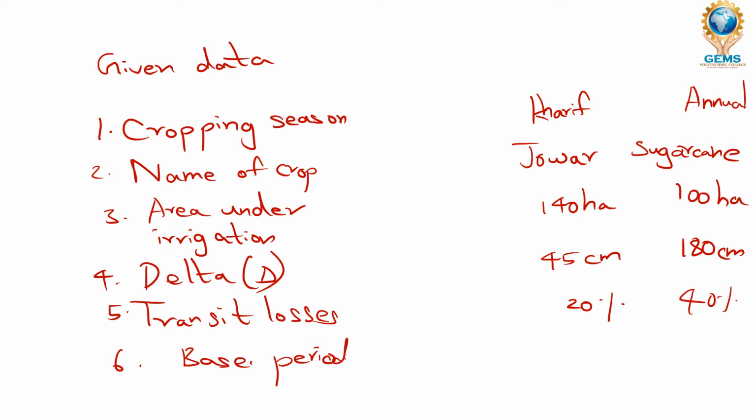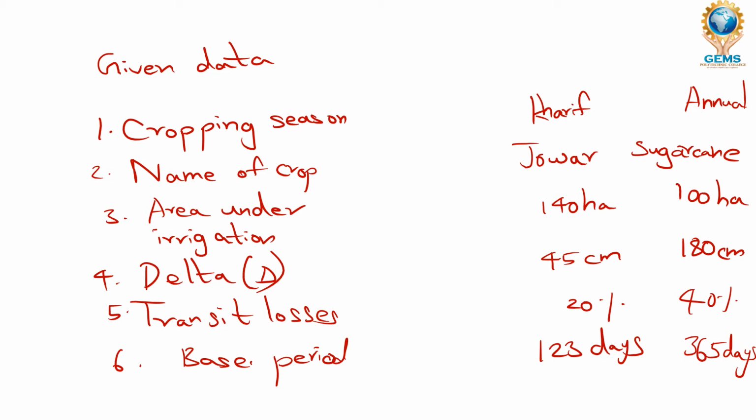Then the base period you have to assume. For kharif it's 123 days. Annual means it is total, like 1 year, which is actually 365 days. If you see the kharif season, 123 days will be the exact value, so we are assuming the same value. If you have any doubts related to the kharif season, you can google it and easily discover how many days there are for kharif. It's actually 123 days. That's what we are taking here too.